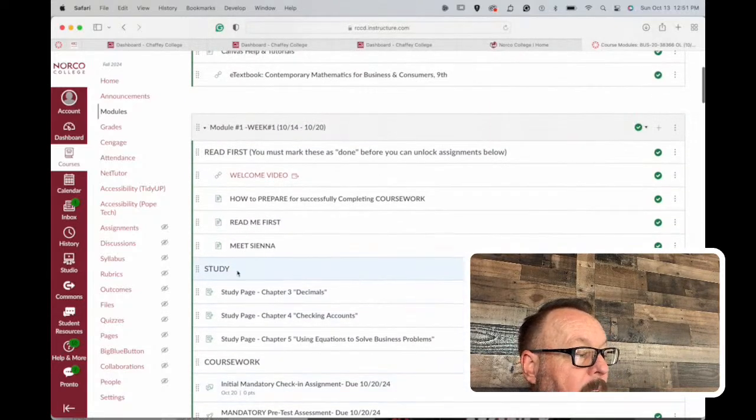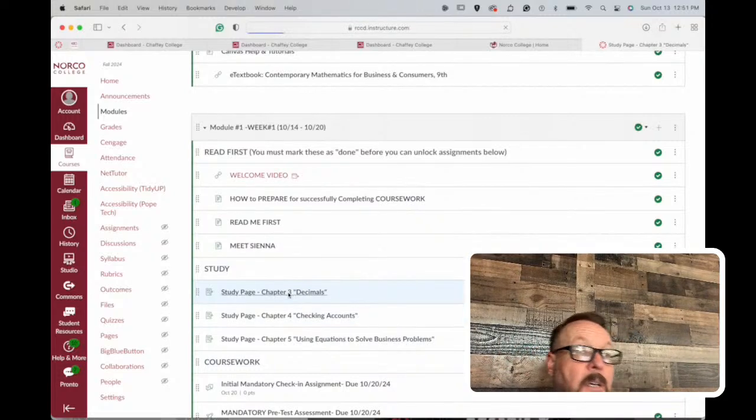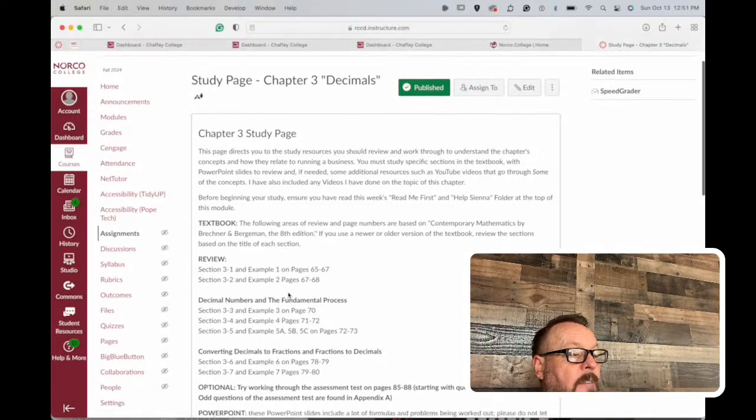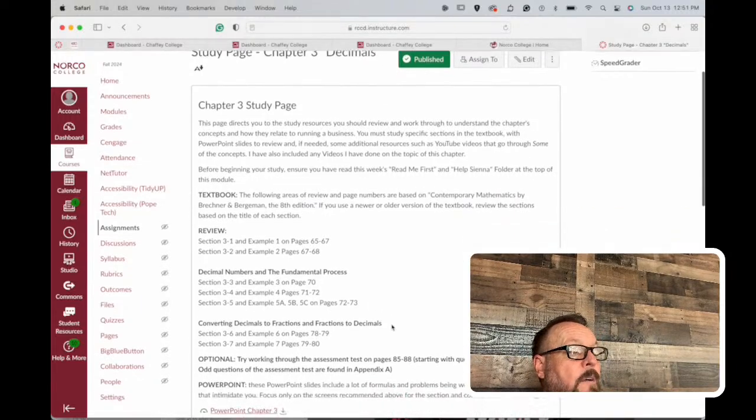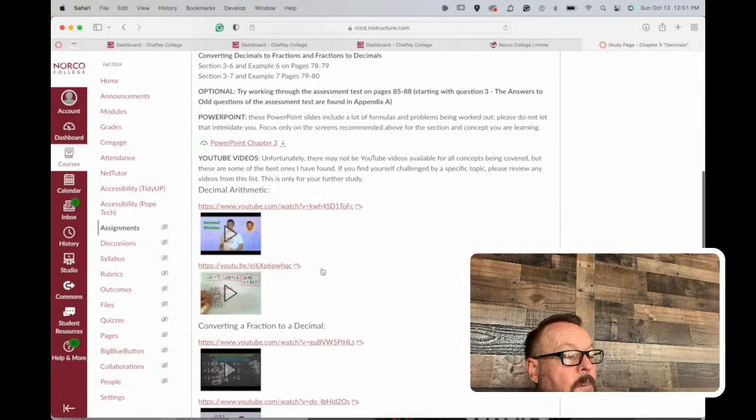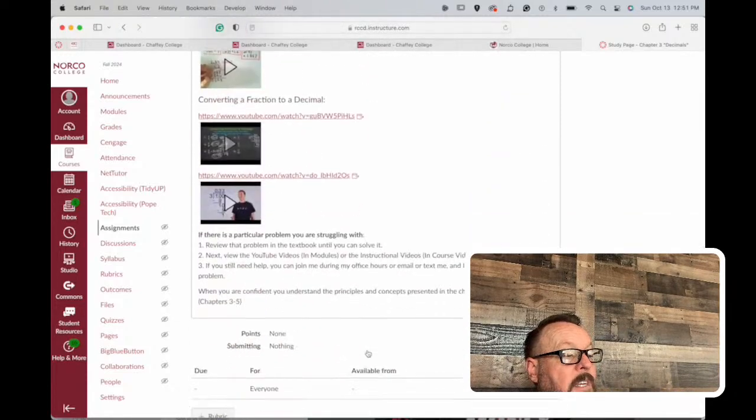So then you have a study page for each chapter. Each study page is built separately. It has an explanation of the concepts. It has the area of the textbook that you should be reviewing and studying. It has a PowerPoint presentation right here, and then it has some YouTube videos on each of the different functions